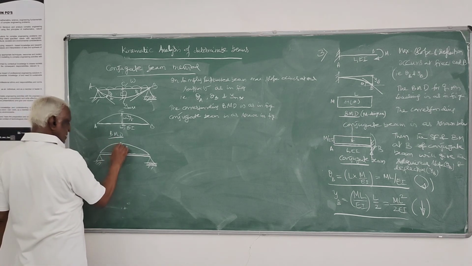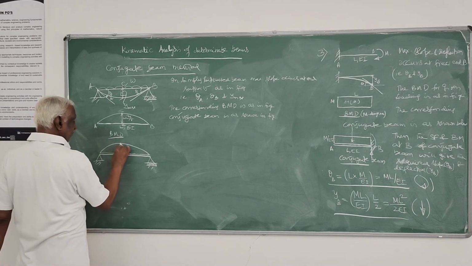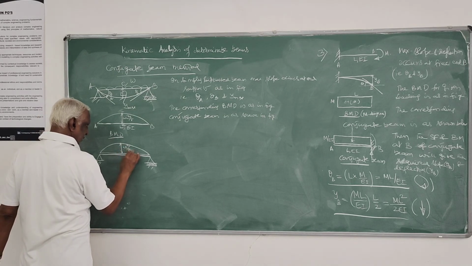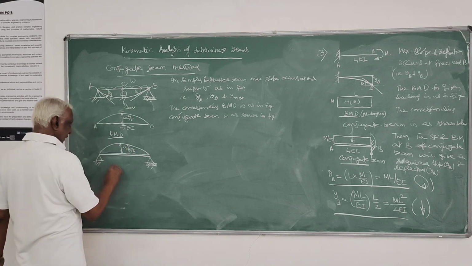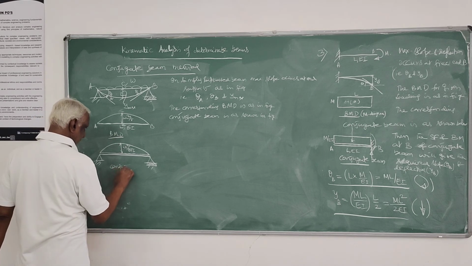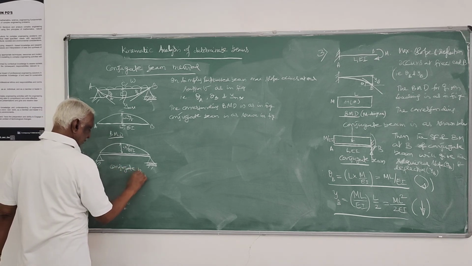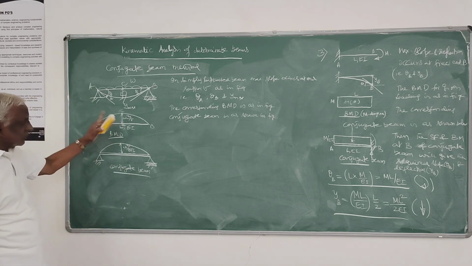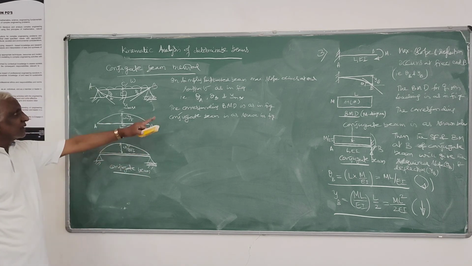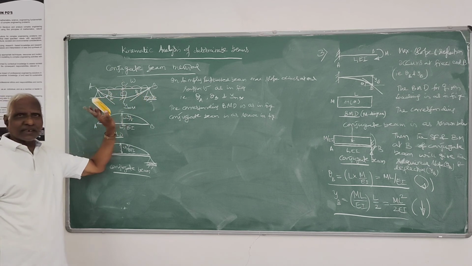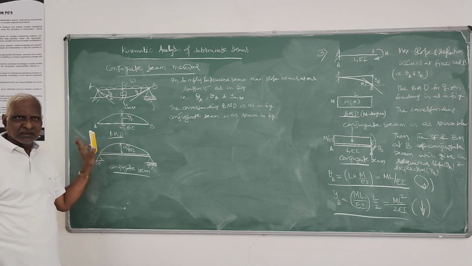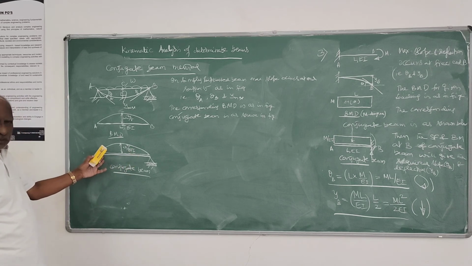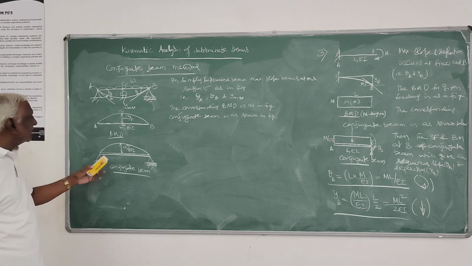So EI is constant, so here this will be W L squared by 8. So this is your conjugate beam. This you have to write correctly, and this also you have to do correctly. You have to identify correctly what it is that you have to determine. Then you know by the definition of conjugate beam